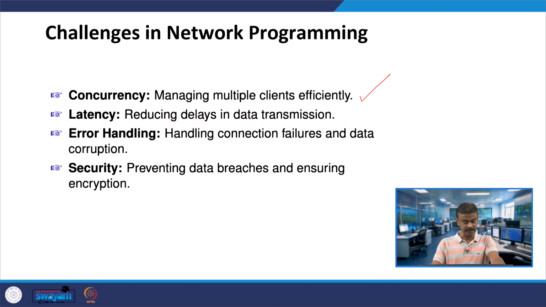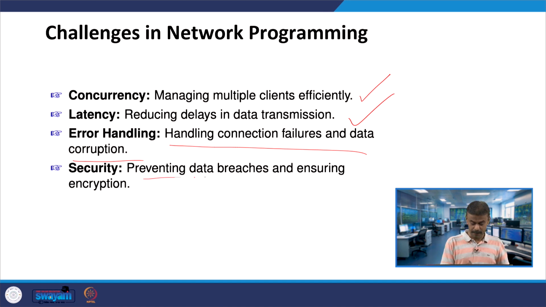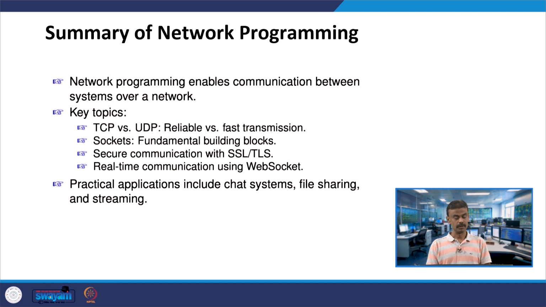Error handling, more importantly handling connection failures and data corruption, is a challenging task. And security: preventing data breaches and ensuring encryption.